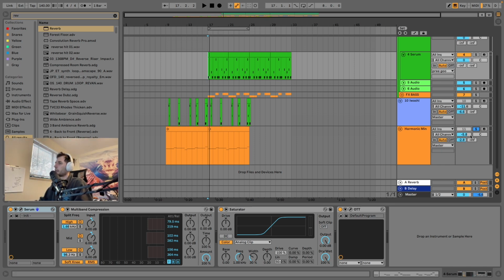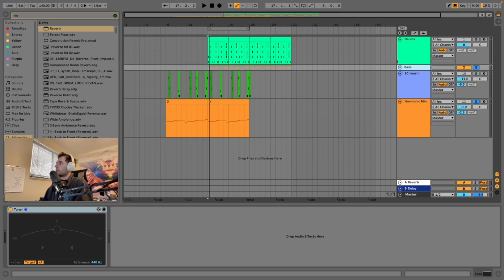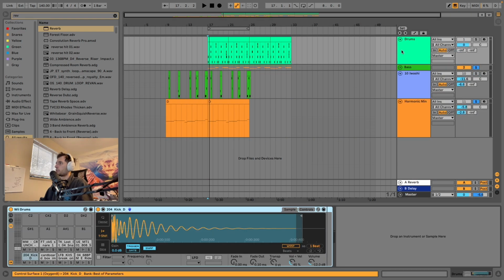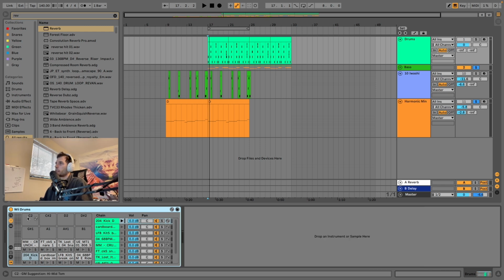So we want to apply that to everything in this song, including our snares. So we've got our drums right here that I put in really quickly. You can apply reverb to these simply by separating the kick, because you really don't want reverb on your kick, but you want reverb on everything else. So you can simply take out your kick here, just duplicate it,